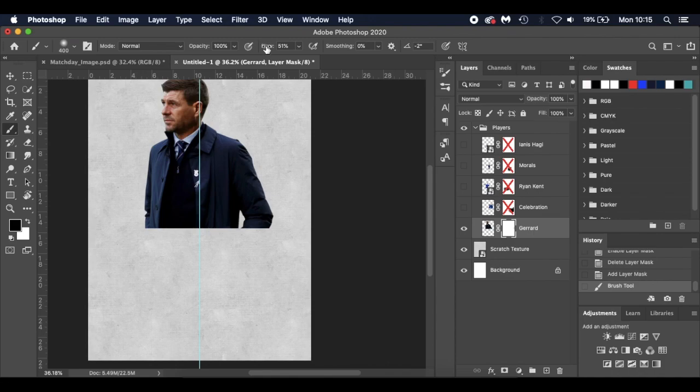Okay, I'm going to have my flow around 50, and bring the opacity down to about 50 as well. Now what this does is, when I paint now, the pixels will disappear, but they won't be deleted. So I just go across there, you can see how it's getting rid of it. Now if I was to increase the opacity, increase the flow, it would just get rid of it